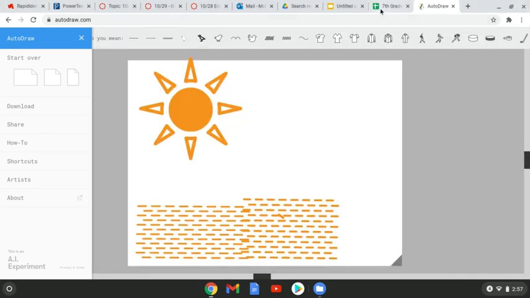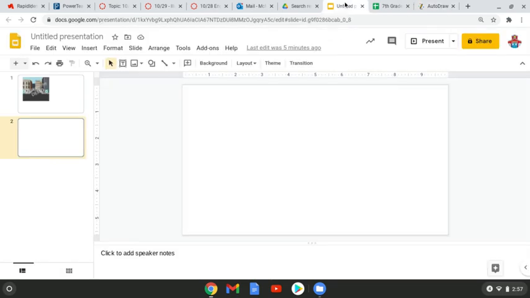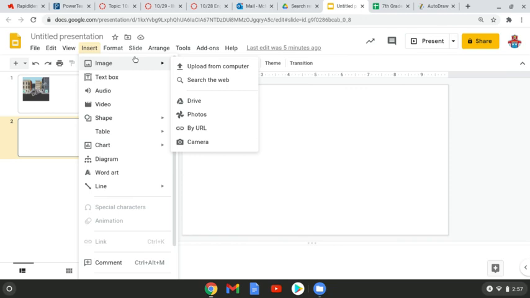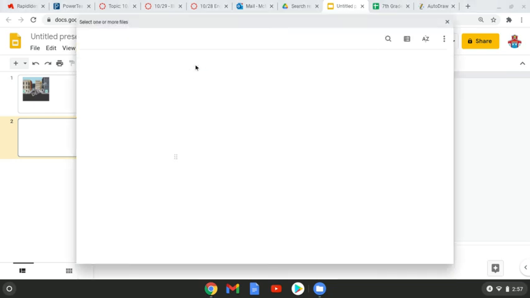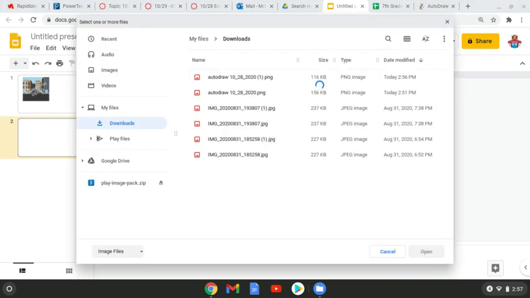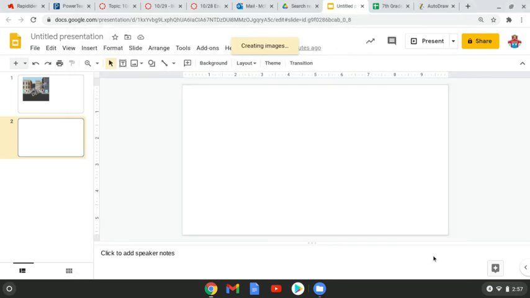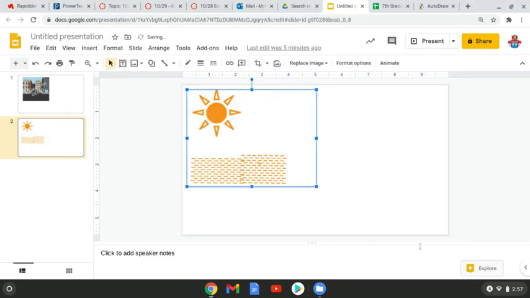And then tomorrow, when you're actually making your ebook, you'll go to Insert, Image, Upload from Computer. There's my AutoDraw, and it shows me a little clip so I can see that's the one I want. I'm going to click that, open it up, and there's my image. All right, so this is just another tool that you can use to create your images. You may have some other ideas, but that's